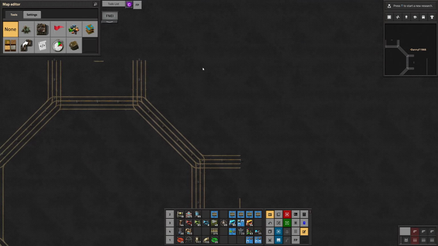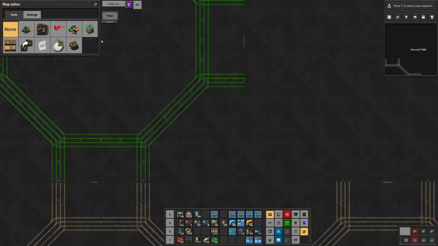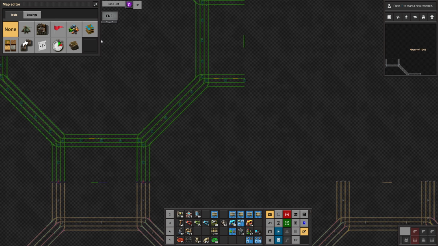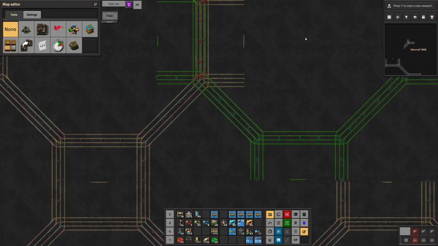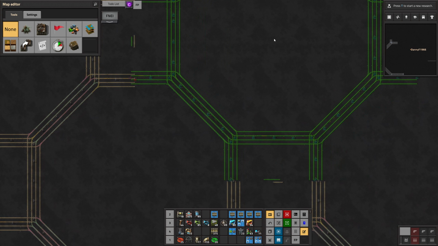And let me just pick this up. I think I've already got a blueprint of this, but I'll copy all that. And then when I paste it down there, paste it down there, and there,